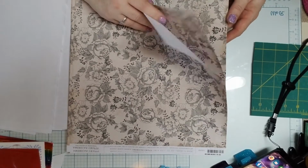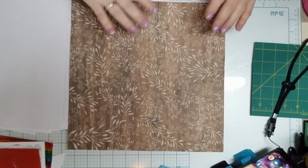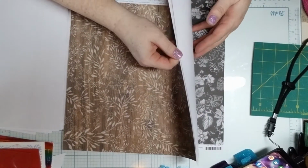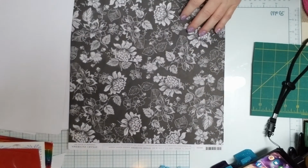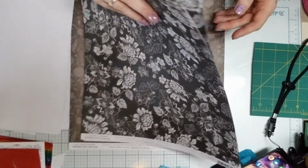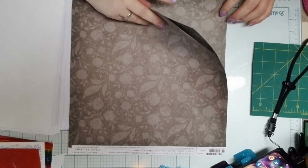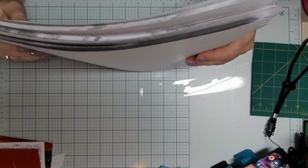multiple floral patterns just because I like them, but I realized I also kind of needed some masculine stuff, which is, this kind of can go either way. It's not exactly floral, but it kind of could be. And then of course there's black and white, which is very classic and I love it. And then there's just a kind of tone on tone brown floral. So that was all of those, and I got